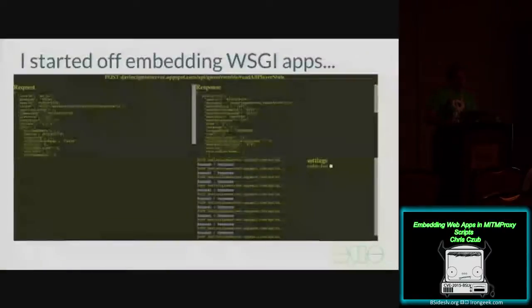So I started off by embedding WSGI apps written in Python into MITMProxy scripts. And as I was doing this, I created this crazy UI here, and you can see this is running in the web browser, and you can click and view requests and responses, and you actually see the JSON here. So I'm decrypting that encrypted traffic. You can view it, and then it has a checkbox to enable the cheat, and it kind of worked,